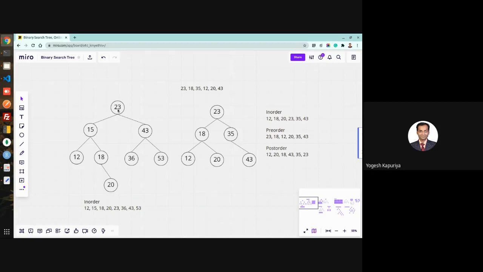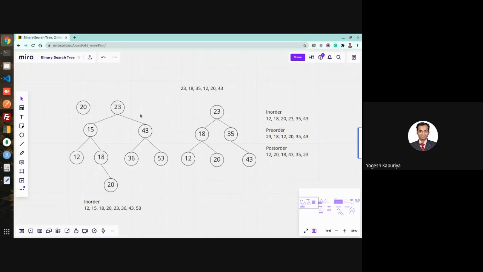So what you want to delete is 23. You will find out who is the in-order predecessor. Predecessor means the one that comes before it. Who comes before it? 20. So if I want to delete this 23, there are two options. One option is you replace this 23 with 20. Or second option, you replace it with something from the right subtree.